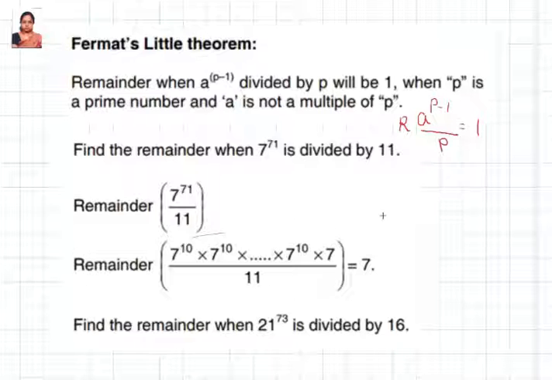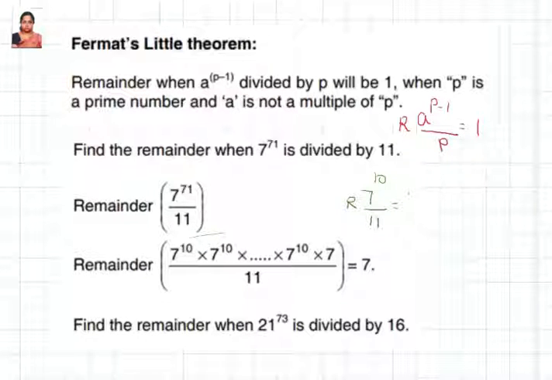So you know that for this particular number, 7 power 10 by 11, the remainder is nothing but 1. As per Fermat's little theorem, the remainder is going to be 1. Okay. And now you're going to have 1 for all of these. This is going to be 1, 1 and so on, except the last one, because it is not in that form. So all of this will be converted as 1 into 1 into 1. We'll have this. And the final one will be 7 by 11. And 7 by 11 is going to be 7. That's it.